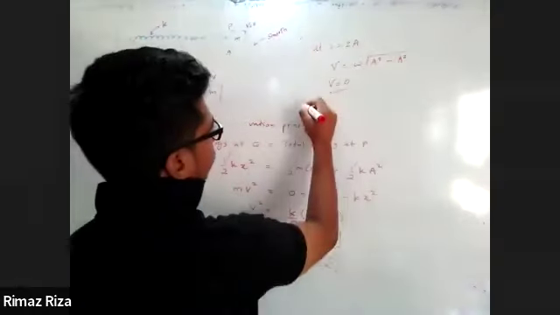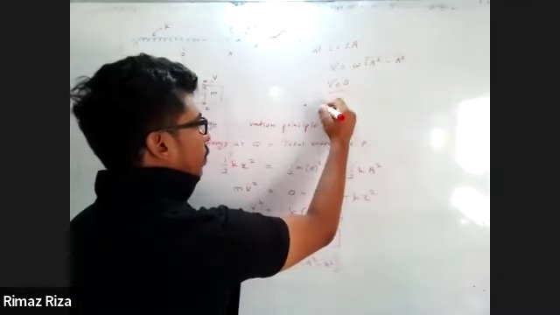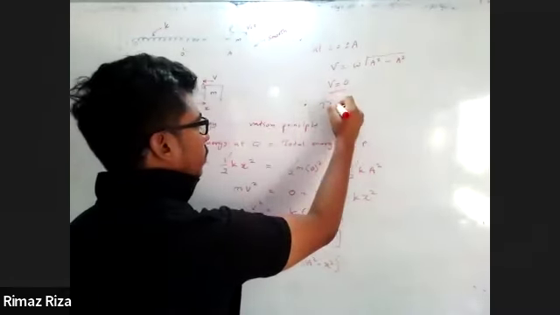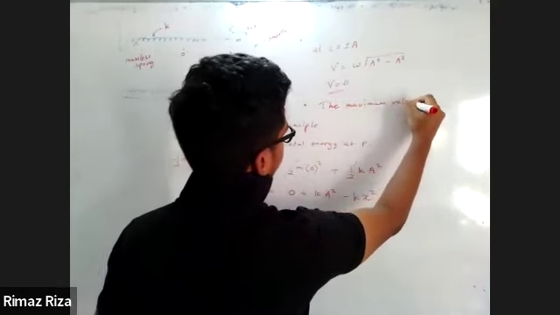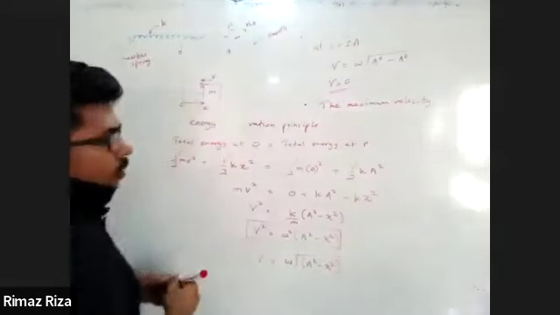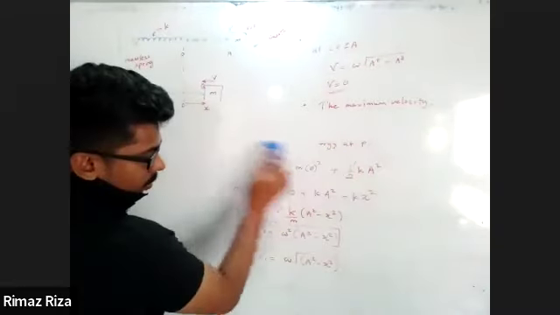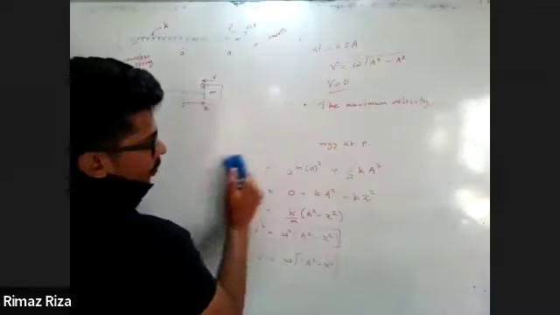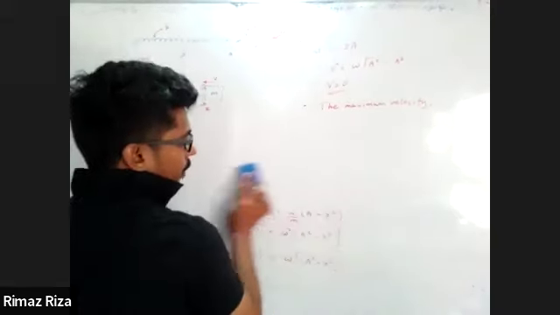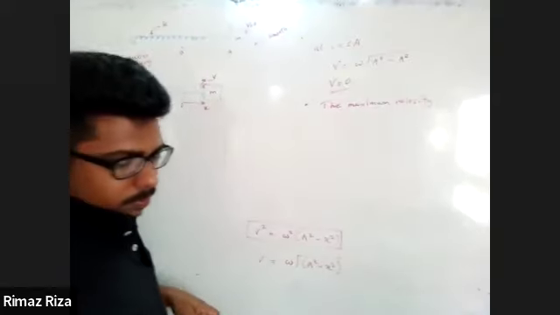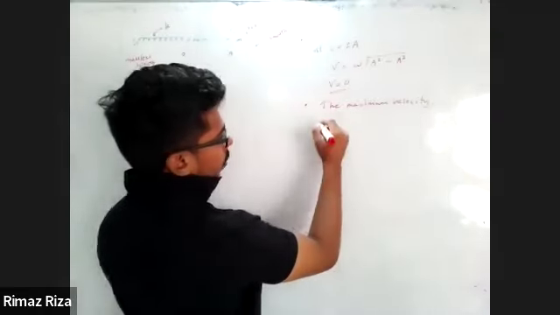And the third point, the maximum velocity. We can obtain the maximum velocity by making this minimum. The v will be maximum when x is minimum. So the minimum x is equal to 0. So according to the